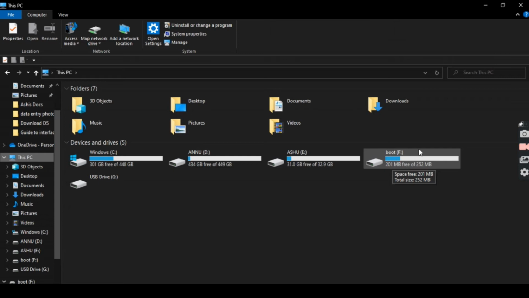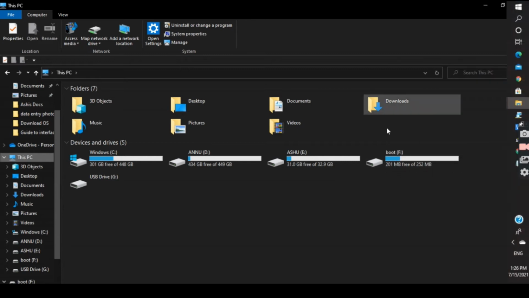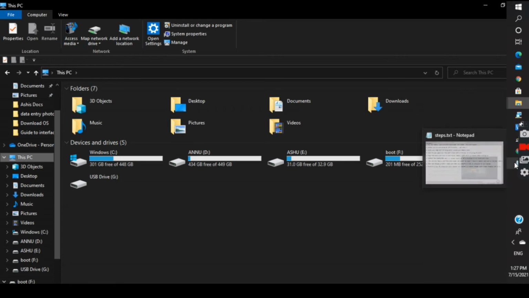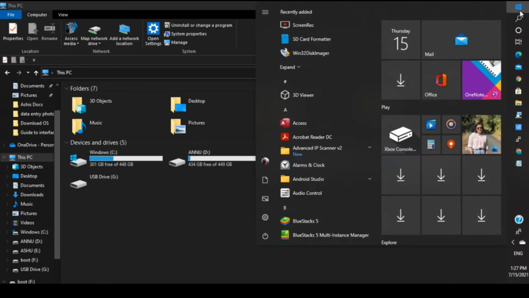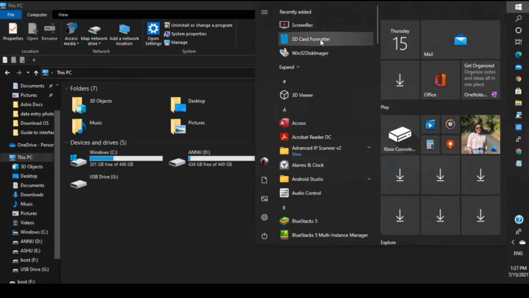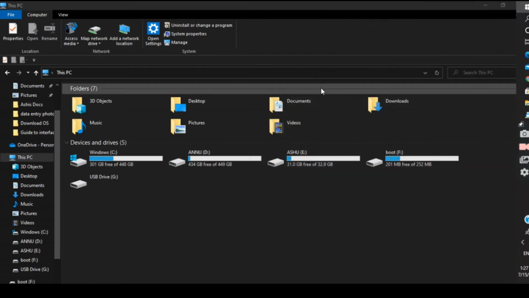After that you need to open the SD card formatter. Just note that your card name, in my case, is bootf. So open that SD card formatter which you have installed.